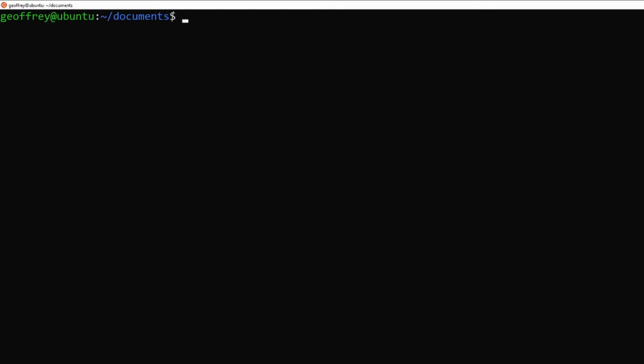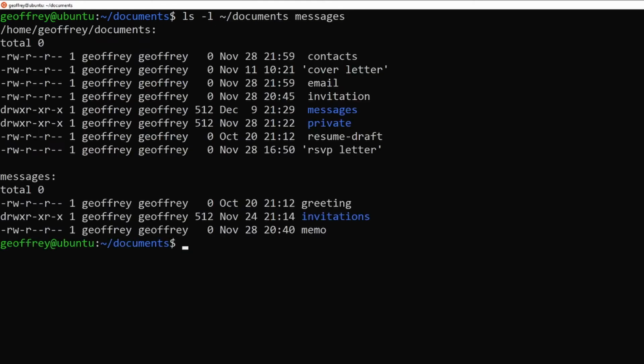Let's list the details of our current directory and its child directory messages with ls -l ~/documents messages. In our current directory documents, we have a file called resume draft that we want to move to the messages directory,